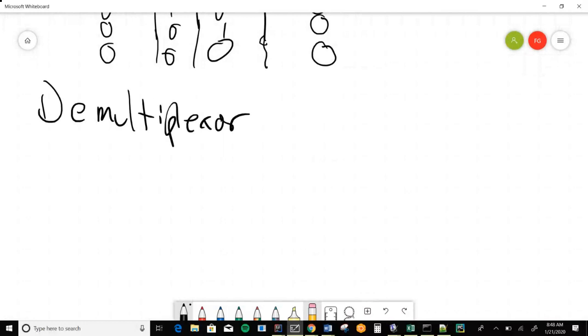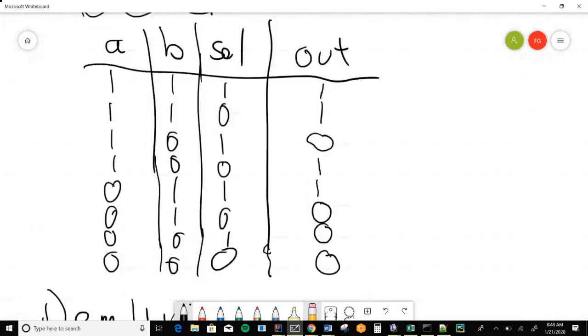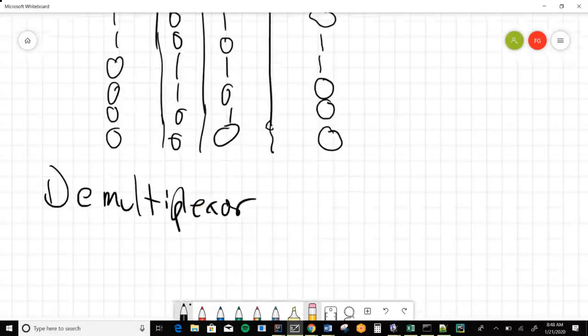So what do we mean by a demultiplexer? Well, if a multiplexer picks which of 2 inputs is going to be an output, a demultiplexer picks which of 2 possible output streams the input gets routed to. So it's got a bit of a different feel.